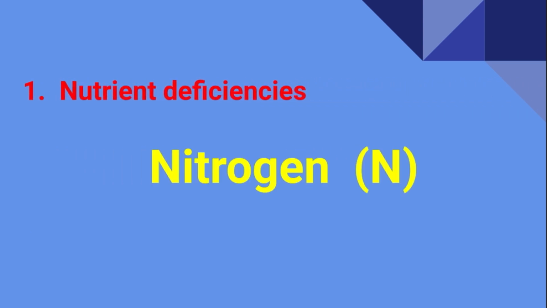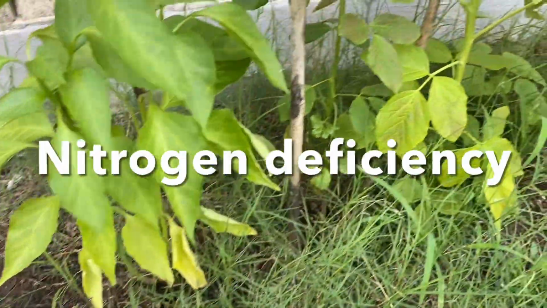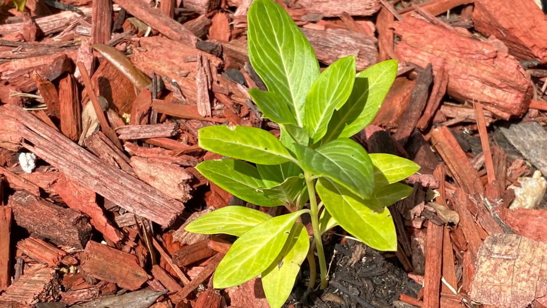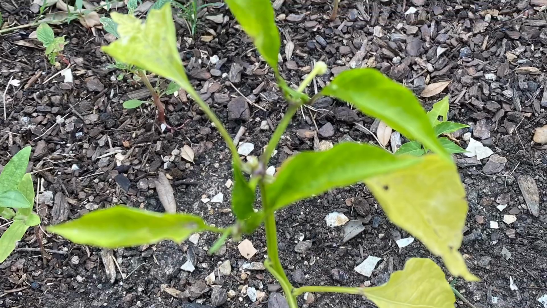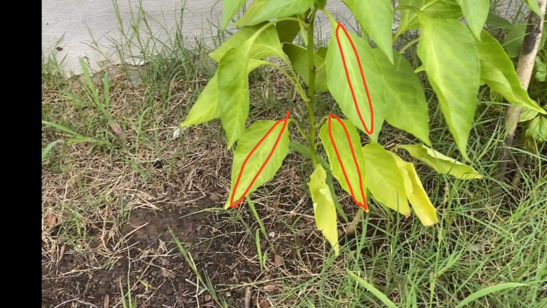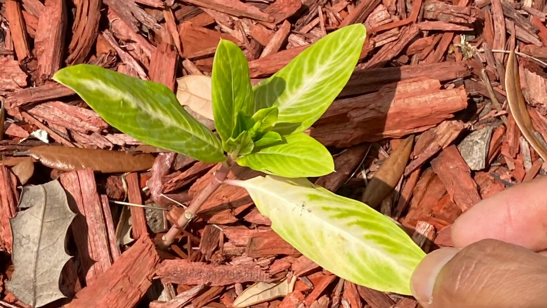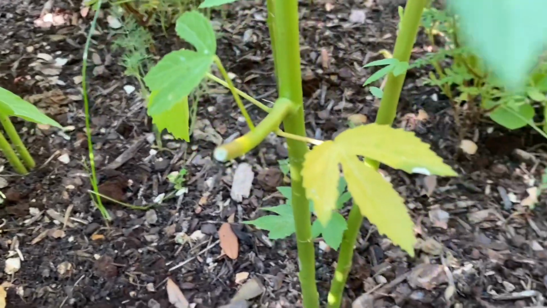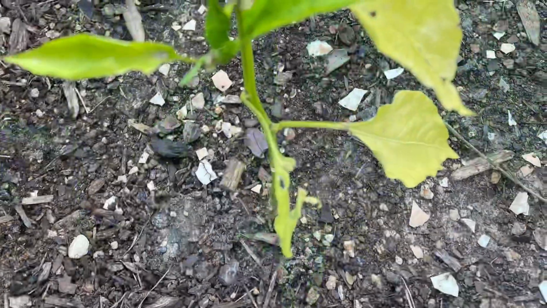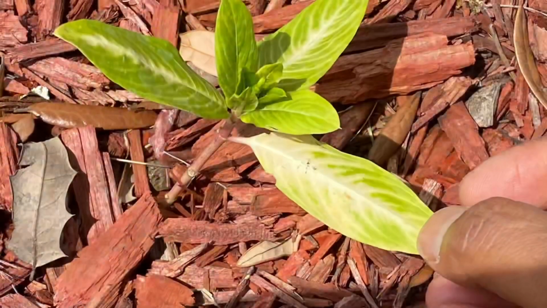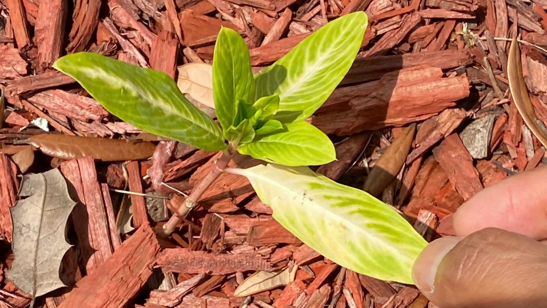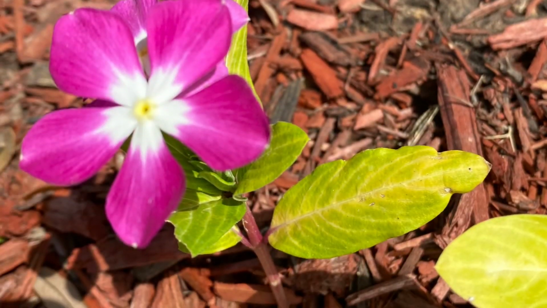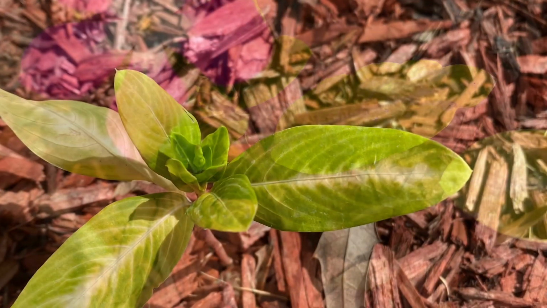For nitrogen deficiency, the older leaves at the bottom of the plant turn yellow first and gradually the yellowing moves towards the top leaves. And within the leaf, the inner leaf turns yellow first and the yellowing moves outward. Here is the catch. If the whole leaf is yellow, it's tough to say whether it is due to nitrogen deficiency or others. So in the early stage, if the inner leaf turns yellow first, then it is definitely due to nitrogen deficiency. So the solution is to add nitrogen-heavy soil or use organic fertilizers.